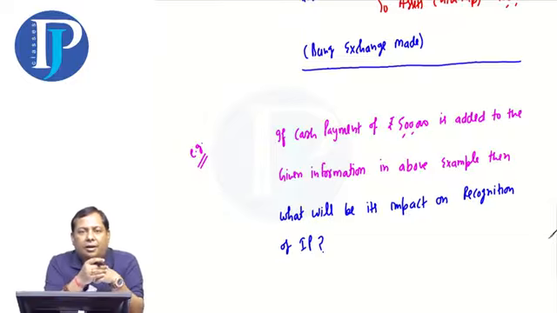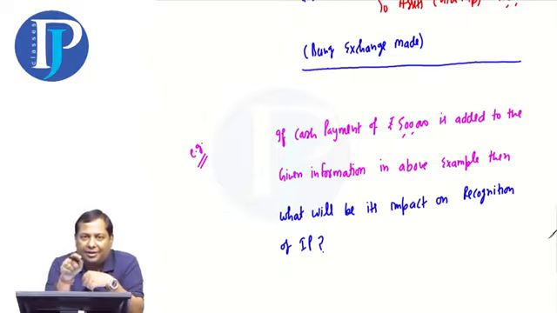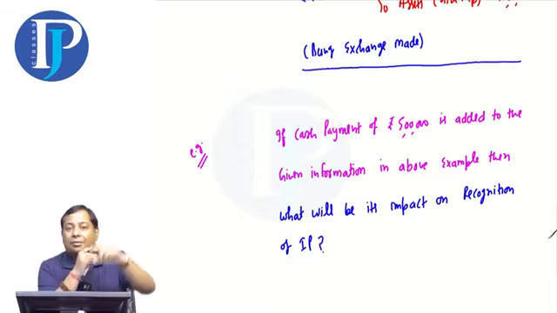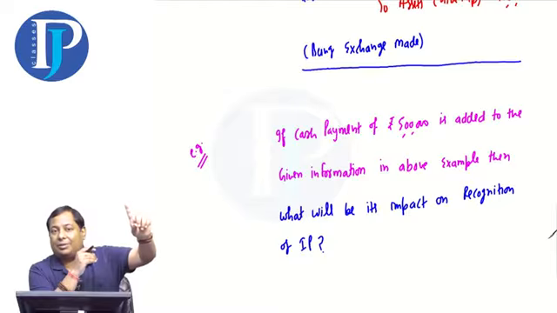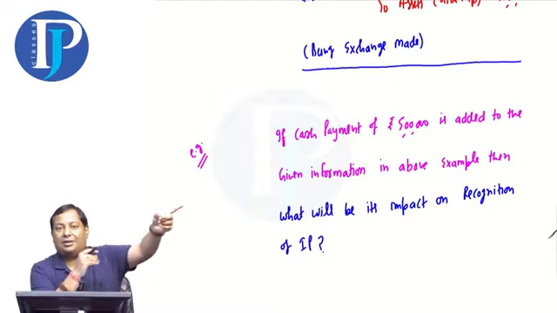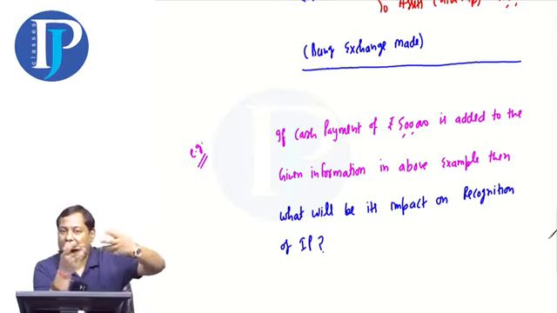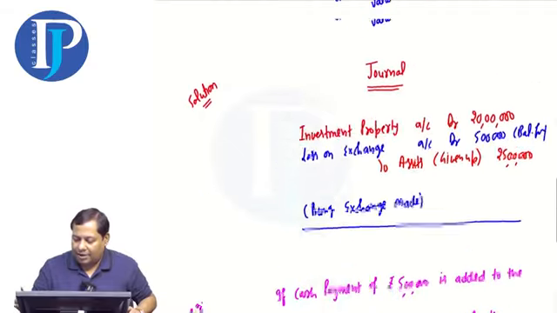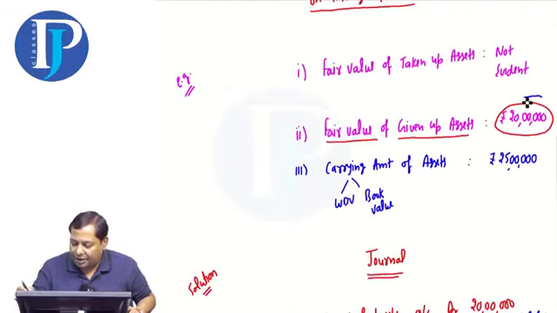The example that I just wrote down, if an additional cash payment of 5 lakhs is added to it, what impact will it have on your recognition? Now it will. Why? Because we are looking at given up. The cash payment didn't impact the previous case as we were focusing on taken up there. But now we have to take given up. So what did you do? Fair value of 20 lakhs.